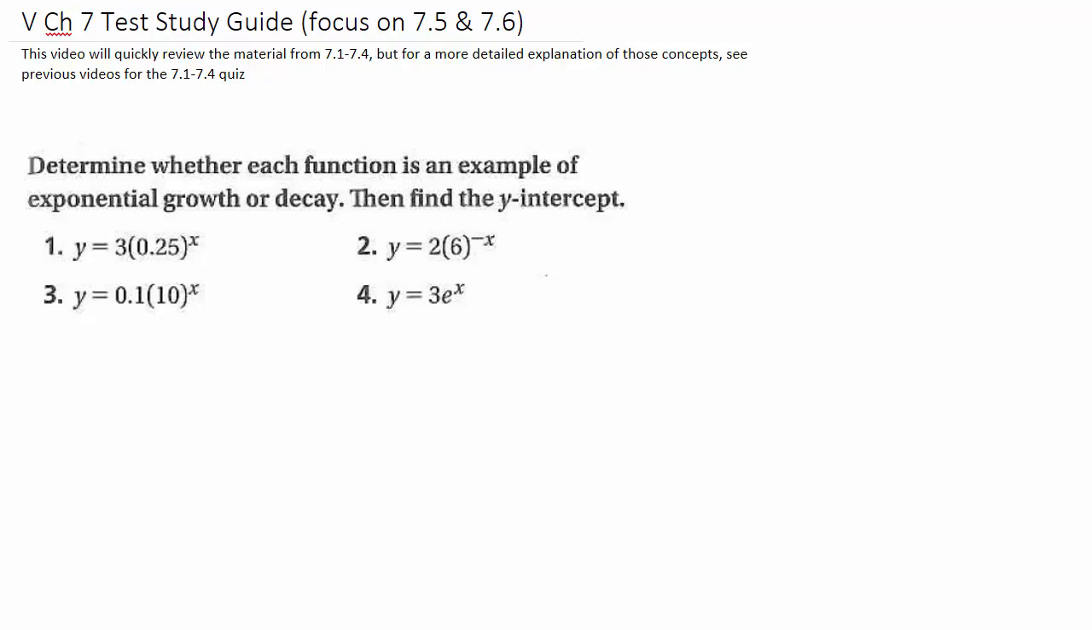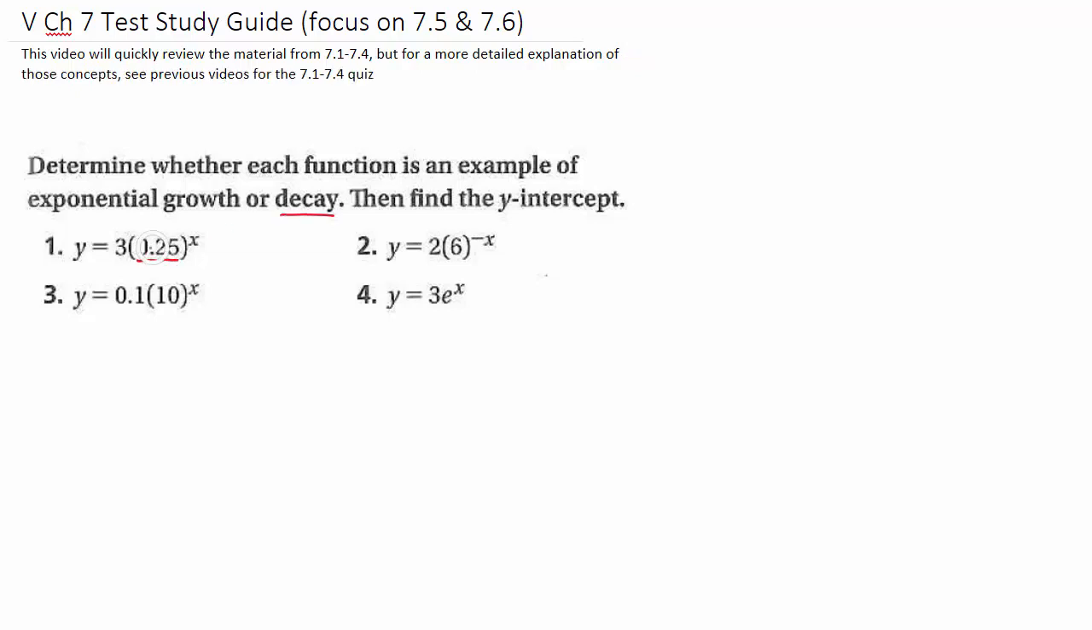The video study guide for the Chapter 7 test on exponential functions and logarithms. Now, we're going to quickly go through all the questions from 7.1 to 7.4. If you want a more detailed explanation of those, you can see the previous video study guide that I did for the quiz. So, numbers 1 through 4, you should automatically know that number 1 is going to be